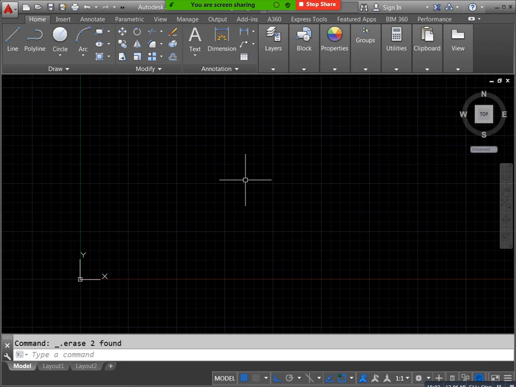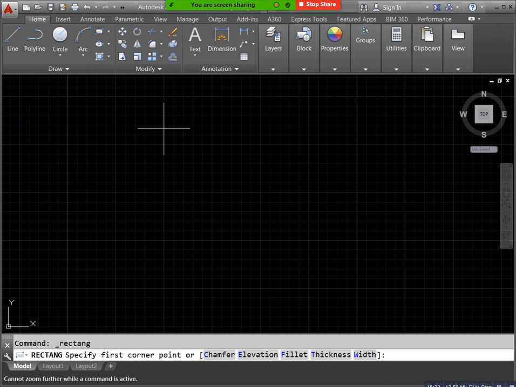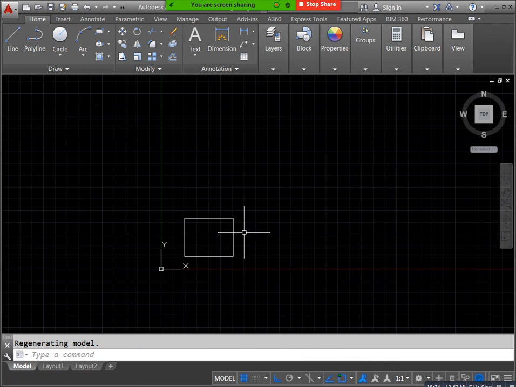Okay, next, just you can see, for example, I am taking one rectangle here, just you can apply like this. Okay, you can increase here to here and here to here. Okay, this is my rectangle. If you need to increase extra, you can increase as. Okay, for this rectangle I need to apply dimension. How can we apply our dimension for this rectangle?